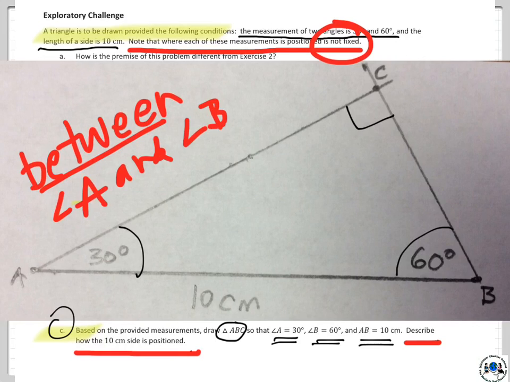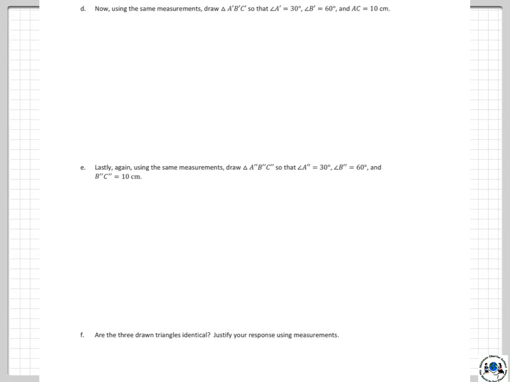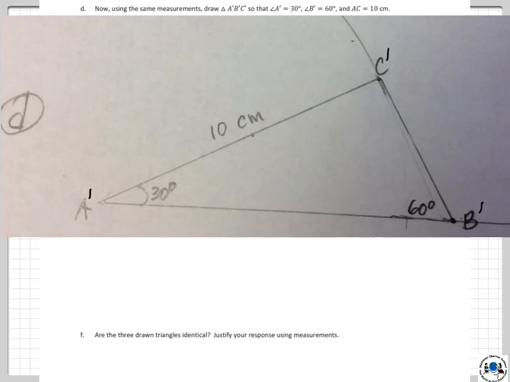We're going to do the next one, see what we come up with for D. Okay, so for the next one, here's what I came up with. Again, this is prime now. This is all going to be labeled, as you can see, I've labeled it A prime, B prime, C prime, with the notation right over here, on all three of the vertices. All right, so anyway, remember we had A as 30 degrees, which was the same as before,